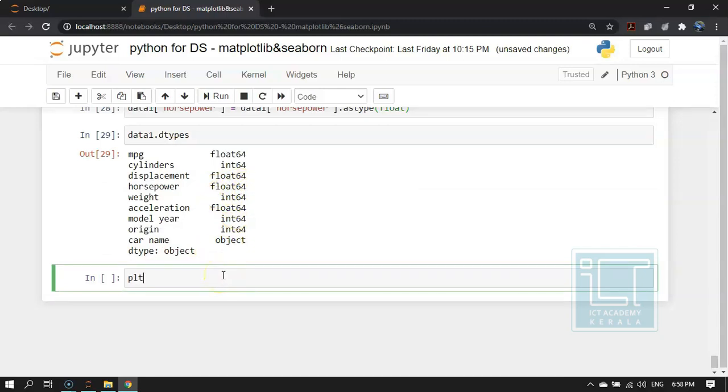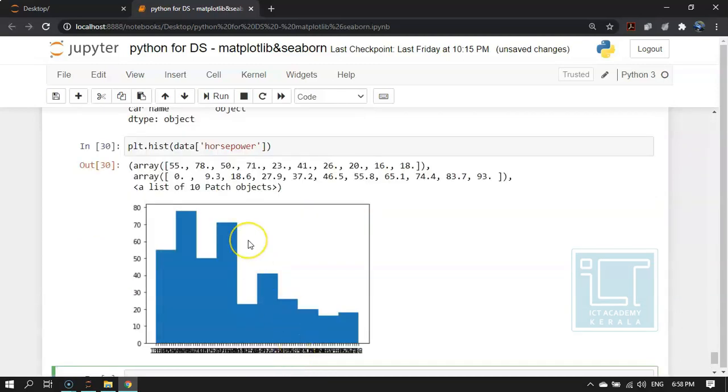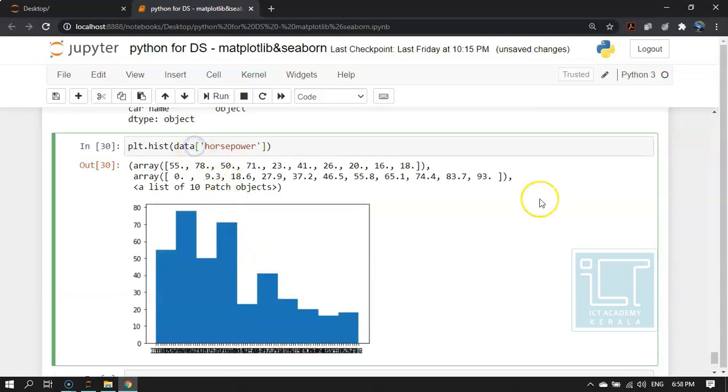Now we will plot the histogram of horsepower. So here I forgot to mention that our data is data1. So instead here I mentioned it as data.